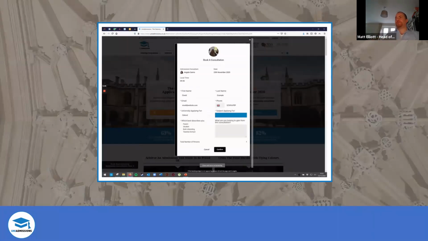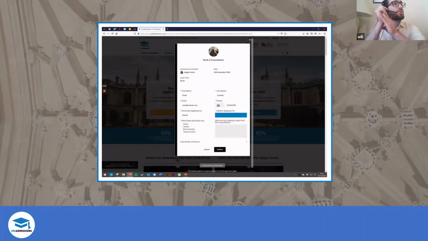Will, can you tell us how to revise for admissions tests where there aren't very many past papers to look at? Yeah, so this is obviously quite tricky for new tests, and this is across the board. When I was at Oxford, my degree had only been going for a few years, so they only had a few years of past papers. So you couldn't really see that many past questions. The solution really is to be sensible with your resources. But if you do have some money that you can contribute to it, there are resource banks that people make.